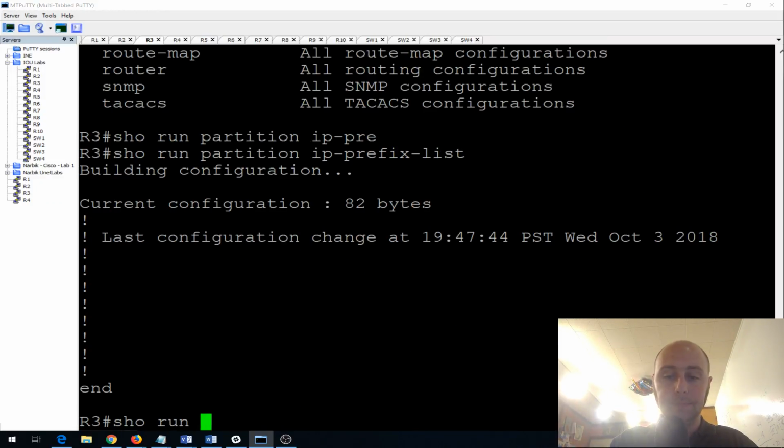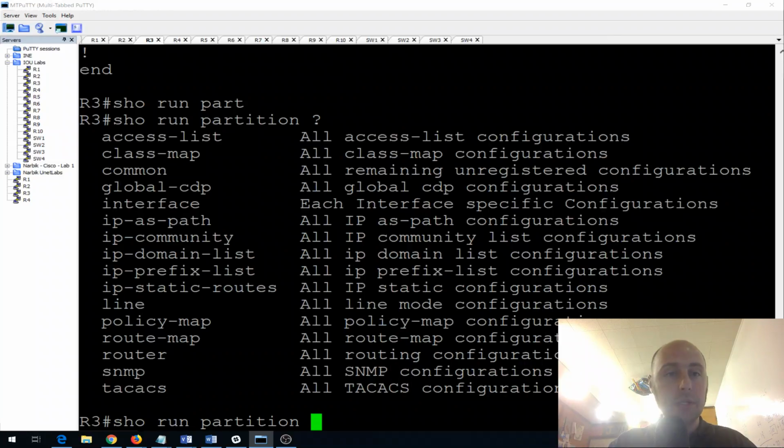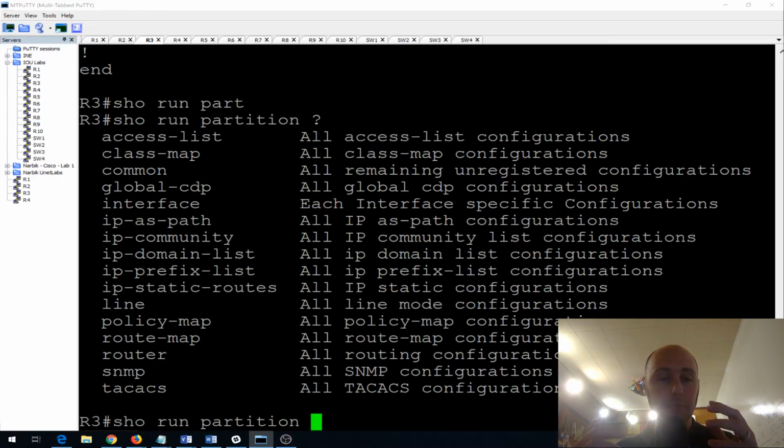I don't. I definitely recommend you guys explore this partition keyword. It is one that the Cisco TAC had to show me, and definitely useful, especially if you're working with a router config that is miles long. And believe me, I've seen production configurations that are miles long,